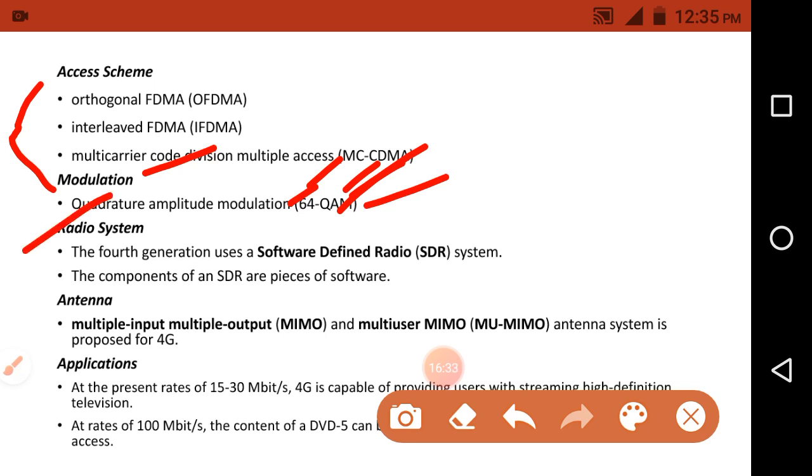Okay, next one is the radio system. The first point: the 4th generation uses the software defined radio system. As the name indicates, here we use software components.